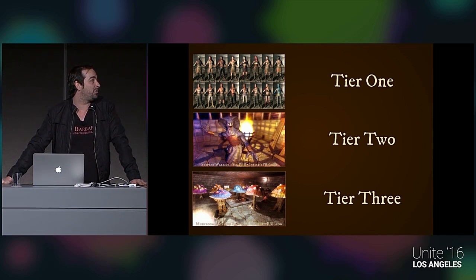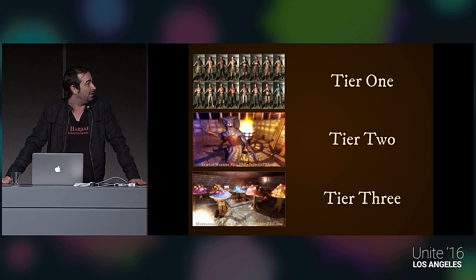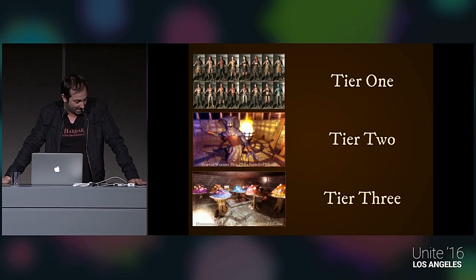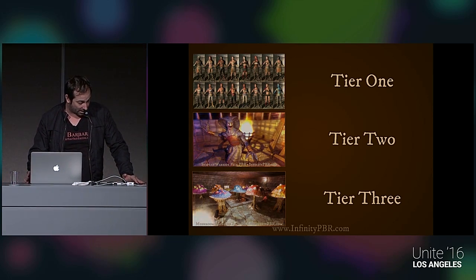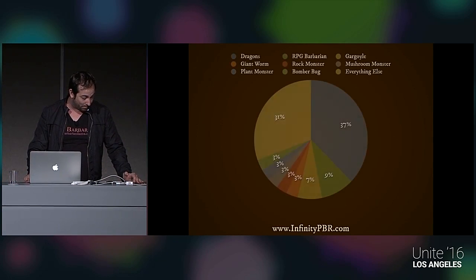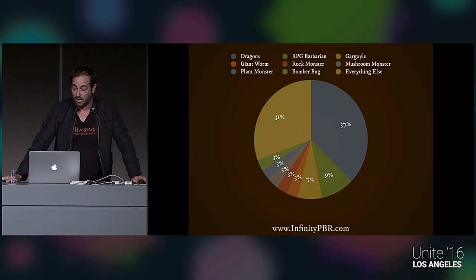And Tier 3 characters are like the mushroom monsters that look amazing and everyone seems to love, but it sells all of 1 sale every 2 months or something. So those characters can definitely get made, but they can't get made for a lot of money. Otherwise, I'll never make my money back. Let's see. So let's talk about money.